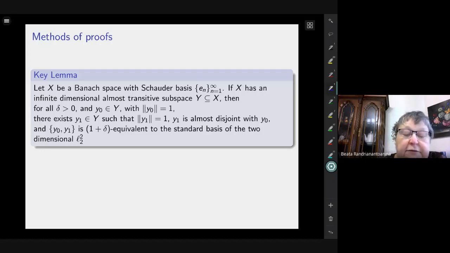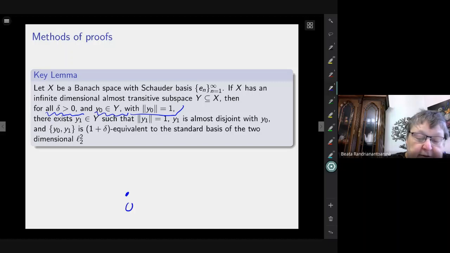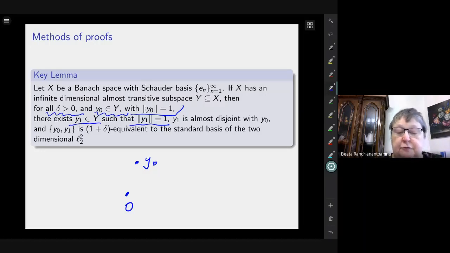We have that if you have a Banach space X which has a Schauder basis, and if X has some subspace Y which is almost transitive, then for every delta and every y0 in the sphere of Y, there will exist a second element y in the sphere of Y which is almost disjoint with y0. When I say almost disjoint, I mean in the sense of this basis,